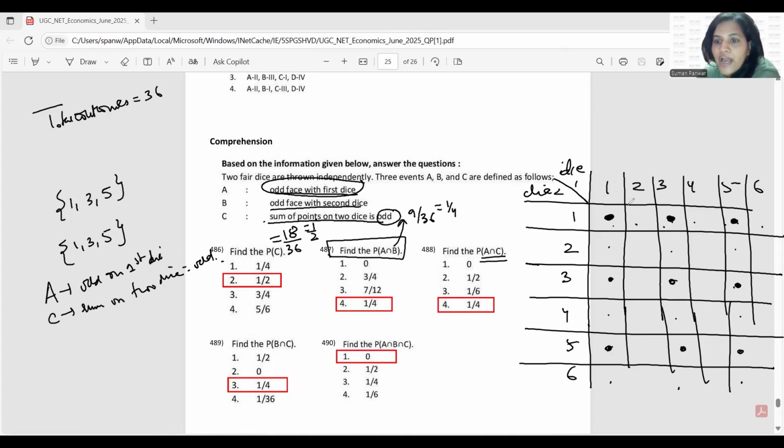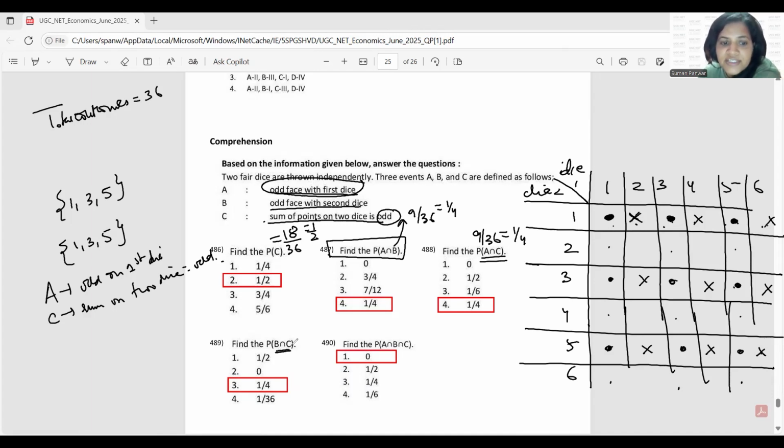So we should have 1,2, 1,4, 1,6, then 3,2, 3,4, 3,6, and then 5,2, 5,4, 5,6. So again, we will have 9 upon 36. That is 1 by 4 will be the probability of A intersection C.